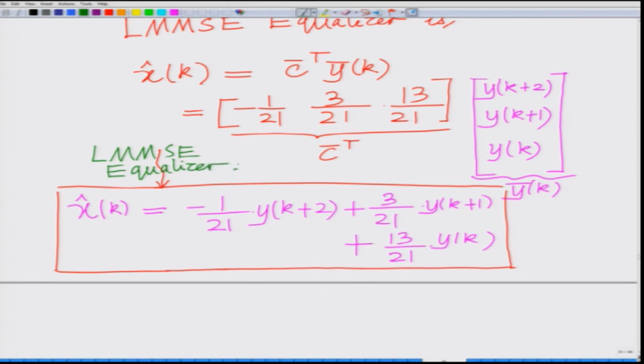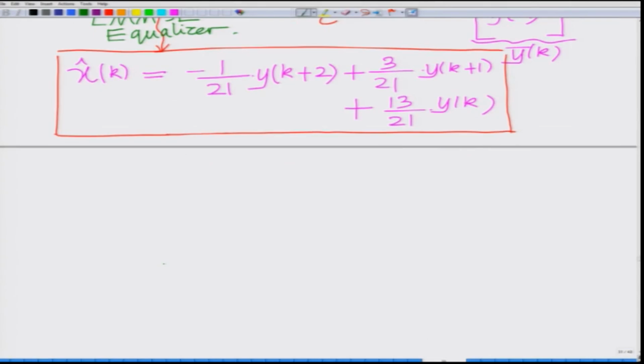So, once we have derived this vector C bar, the LMMSE equalizer is simply C bar transpose into y bar k, and that yields the equalized estimate, that is x hat k, in order to remove the intersymbol interference, or basically ISI removal in the wireless channel. Alright. Now, the error, also the LMMSE equalization error,